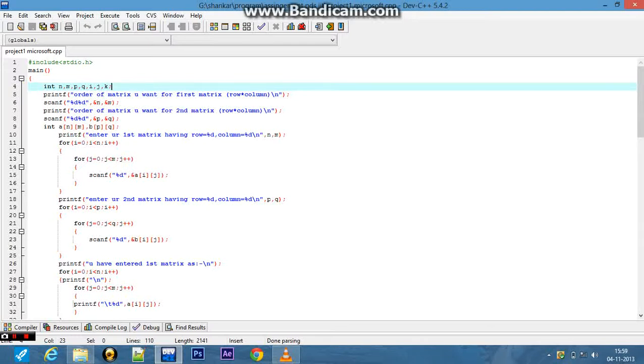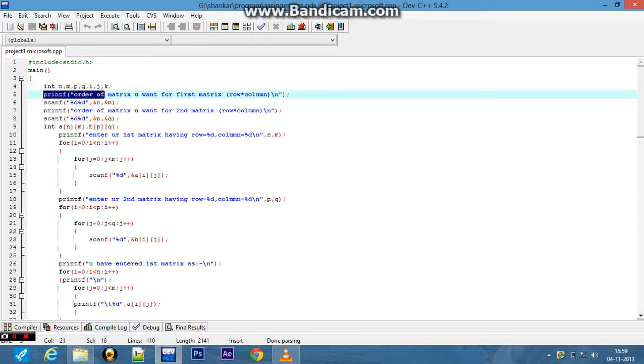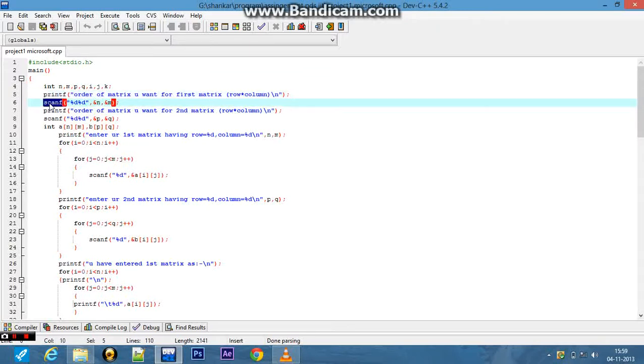Using printf, here I want to know how many rows and columns the user wants in the matrix. And then scanf is used to take the data and store it in the respective variables.